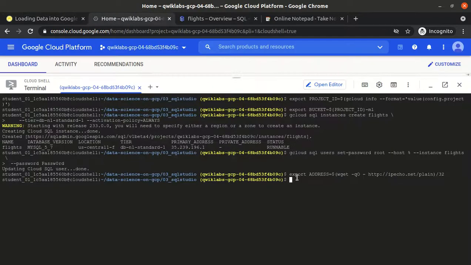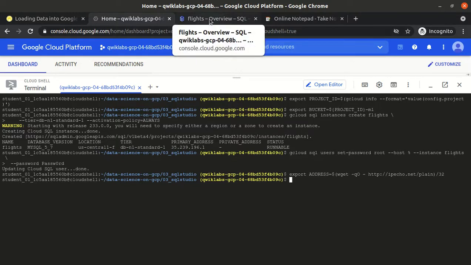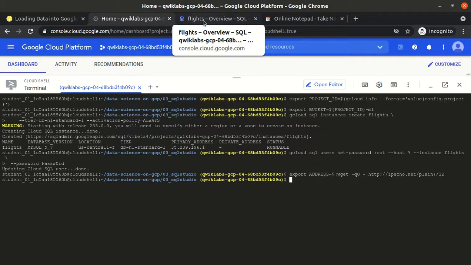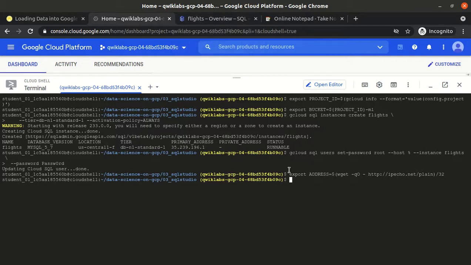Because this terminal is running on some VM, and our SQL instance is running on another VM, how does this terminal know that I have to access that particular SQL instance? If I try to access it, it will give some error. So we need to first authorize this VM to the particular SQL instance.